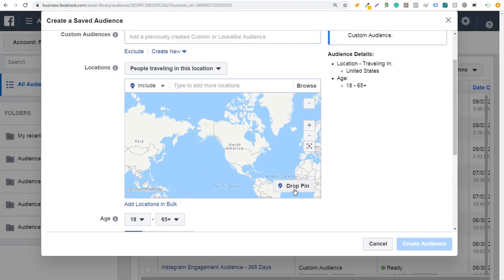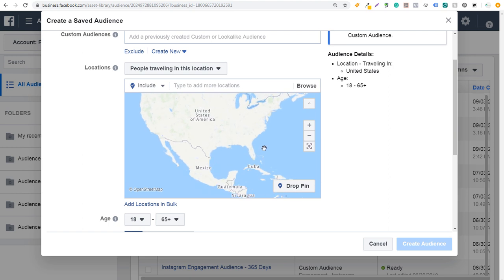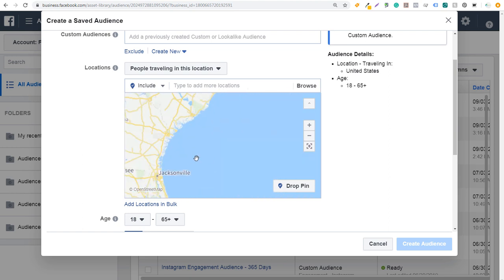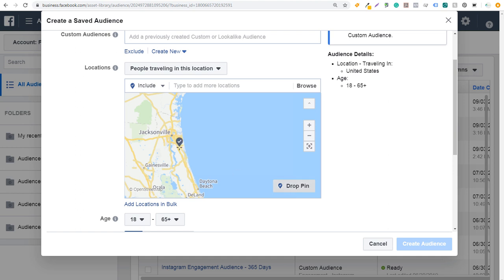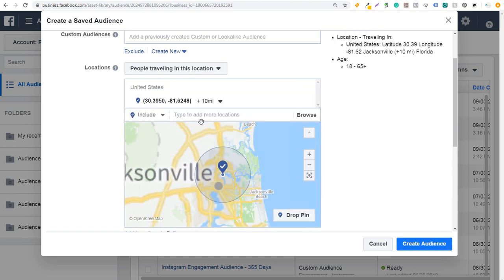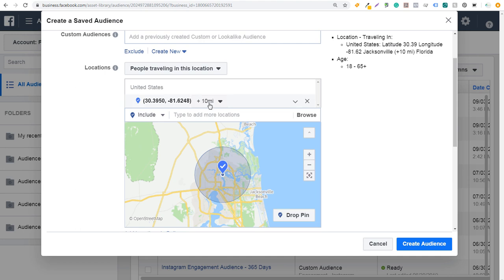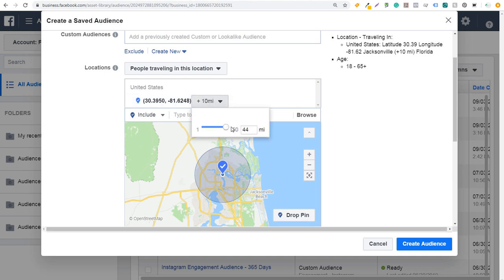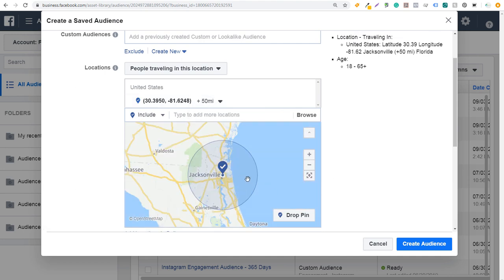And then the other thing you can also do is drop a pin. So if we come over here with drop pin, let's just say, for example, I want to target this area around Jacksonville. So I click on drop pin, I would drop right here, and it's going to set this area right around 10 miles. So what we can do is go all the way up to 50 miles. So this can be very useful if you're targeting for an airport. You want to target people within 50 miles of the airport, and you want to target them with specific messaging